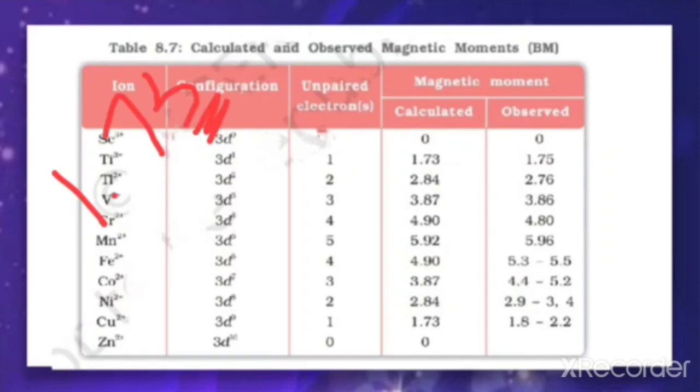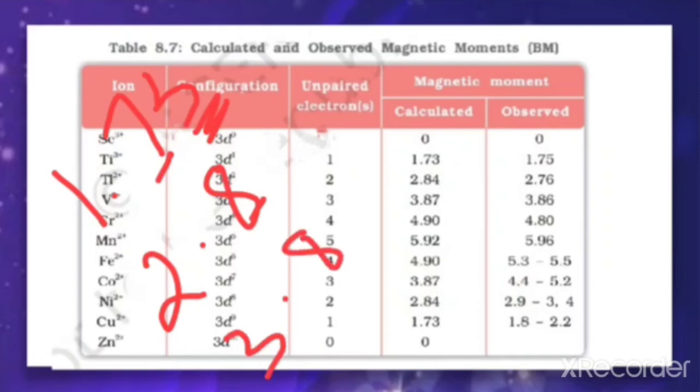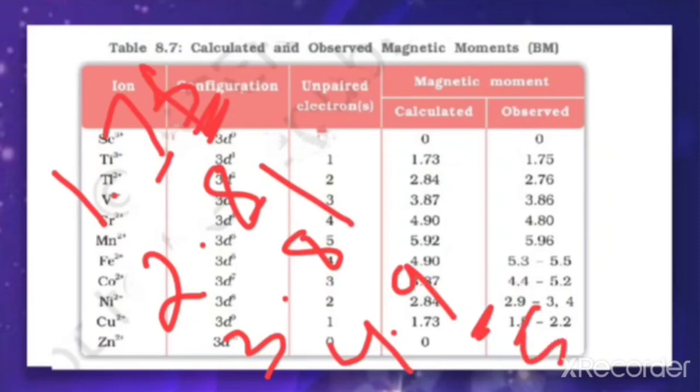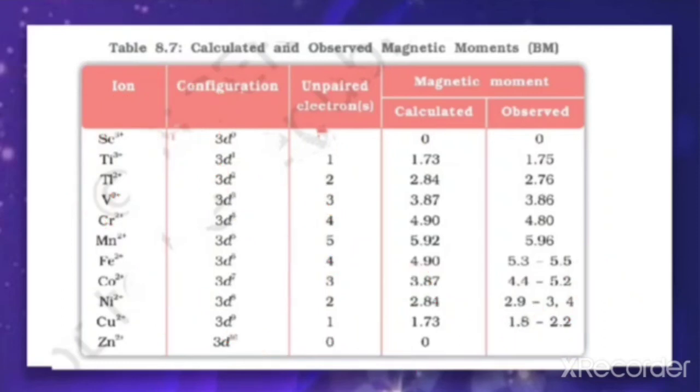What about 2? When n is equal to 2, your value is 2.8. So after 7 you are getting 8. Then for 3, that is also 3.8. But when n is equal to 4, the value is 4.9. You can see 8, 8, here 7 and here it is 9. And for 5 also it is 5.9. So very easily you can find out these when you learn this method.